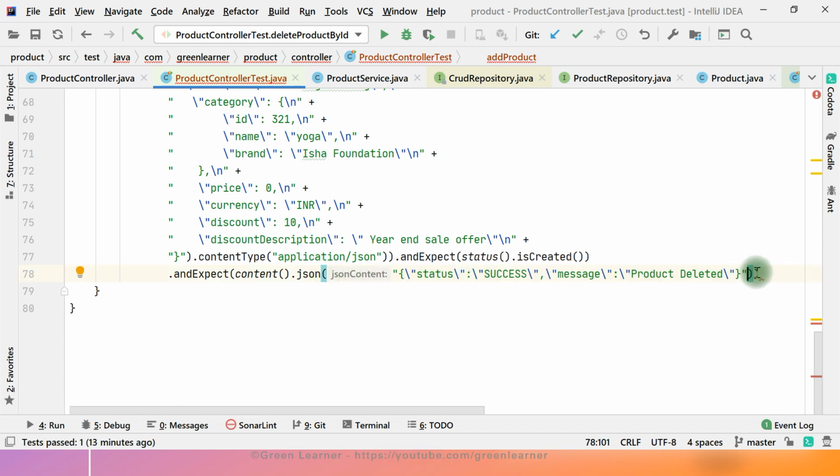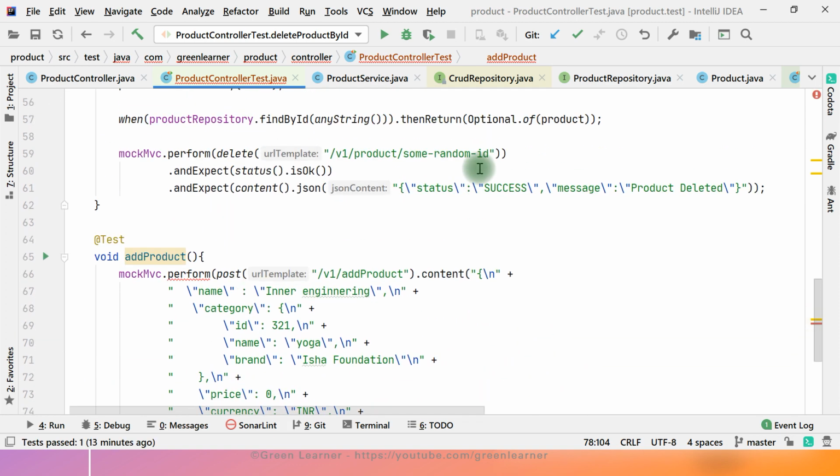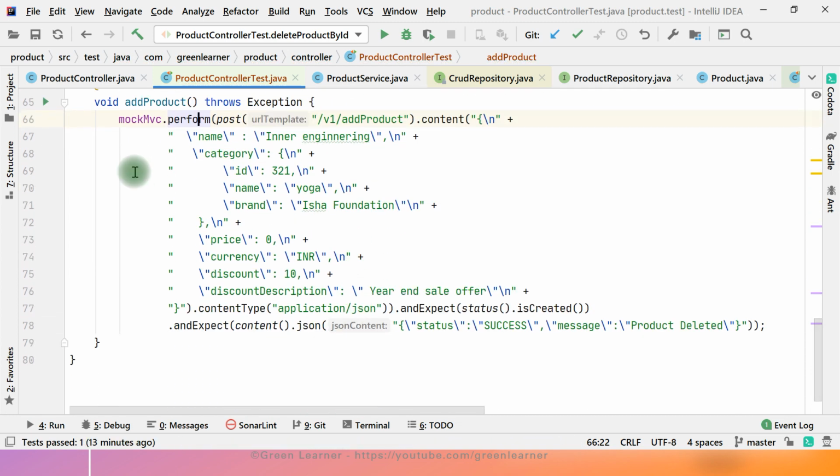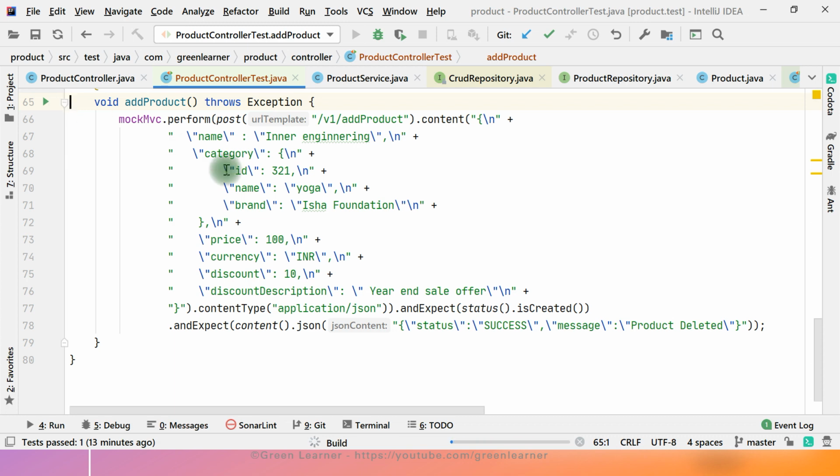Okay, so we will see the assertion error, but we will correct that after. So perform, this is the exception that I have to throw here. This is what it is giving, and all those things. Price, we have discount, it is going to have price and discount. When that difference is there, we are going to get an exception. So I'm going to put some price here. So just run this part here.